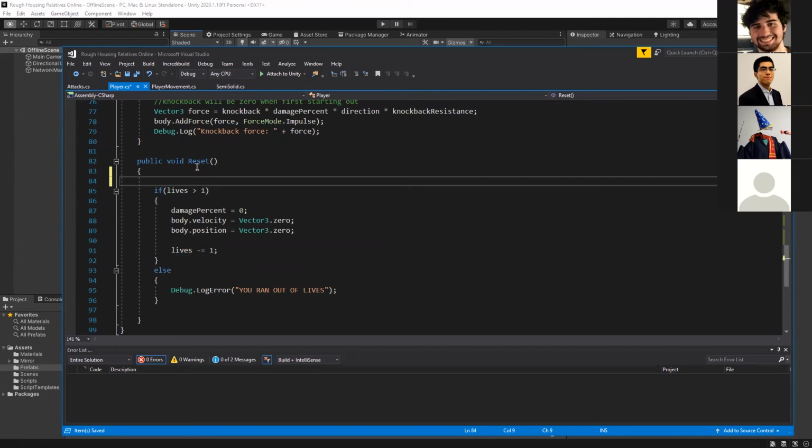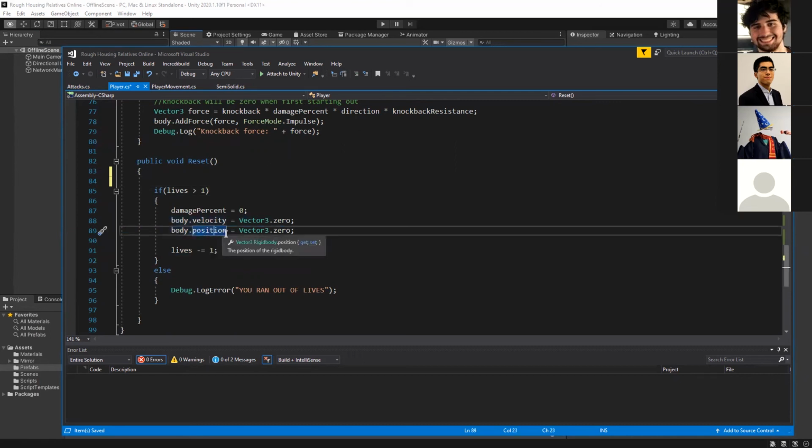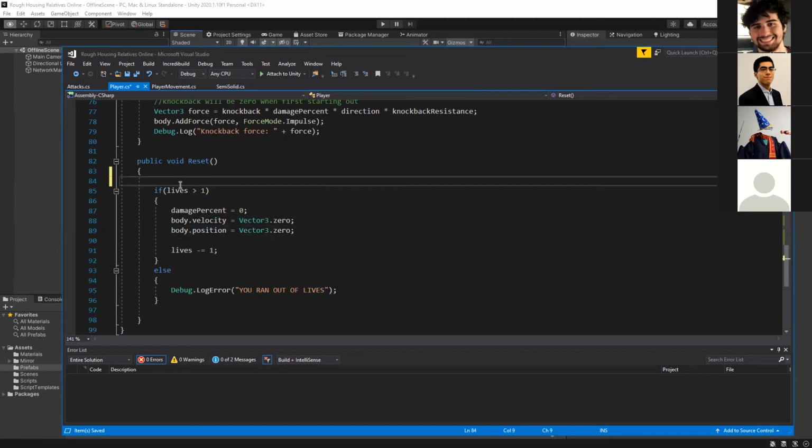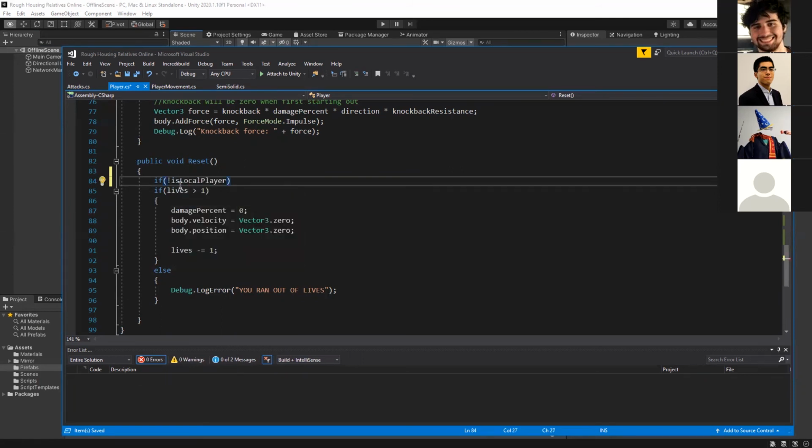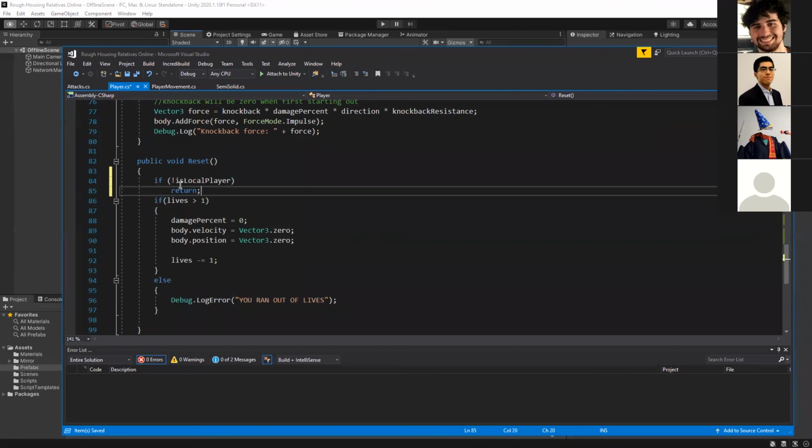Reset has to do with the player movement because we're changing the velocity and the position of the player. So because this is handling position and we have the network transform, we only care about this if we are ourselves, if we are the local client. So if it's not the local player, we exit.